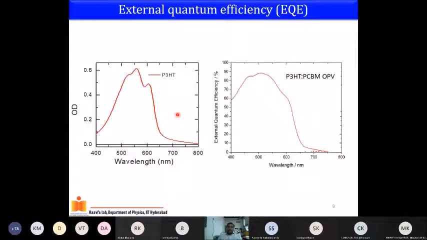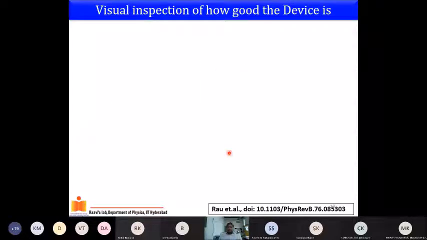Okay, one more thing which I would also mention is that you can integrate the photocurrent you get in your EQE experiment, and whatever photocurrent you integrate and get at the end, adding all the photocurrent, it should be equal to your JSC. That is how you can make sure that your EQE measurement is the same as what you measure in your solar simulator. Now, those two are the basic electrical characterization you need to do to at least know how good is the solar cell or how good is the device you make.